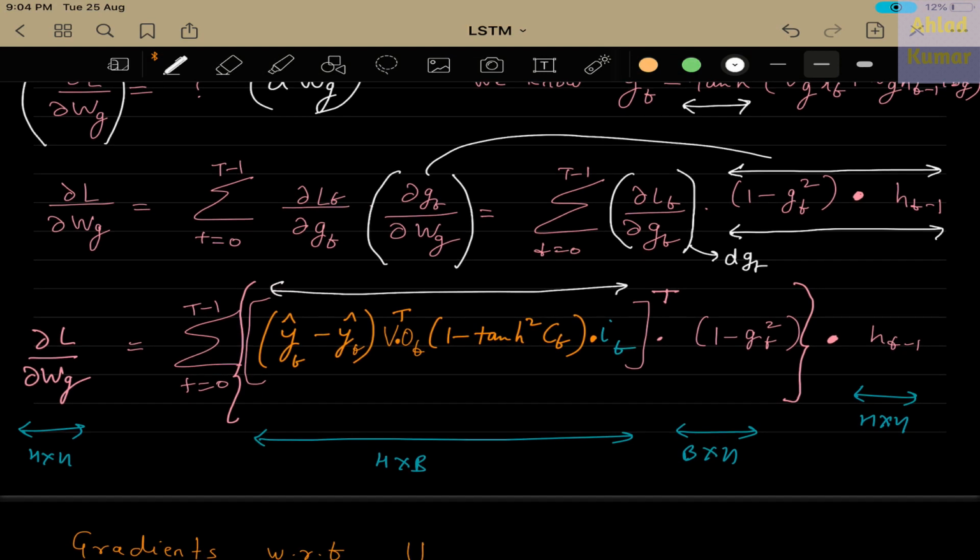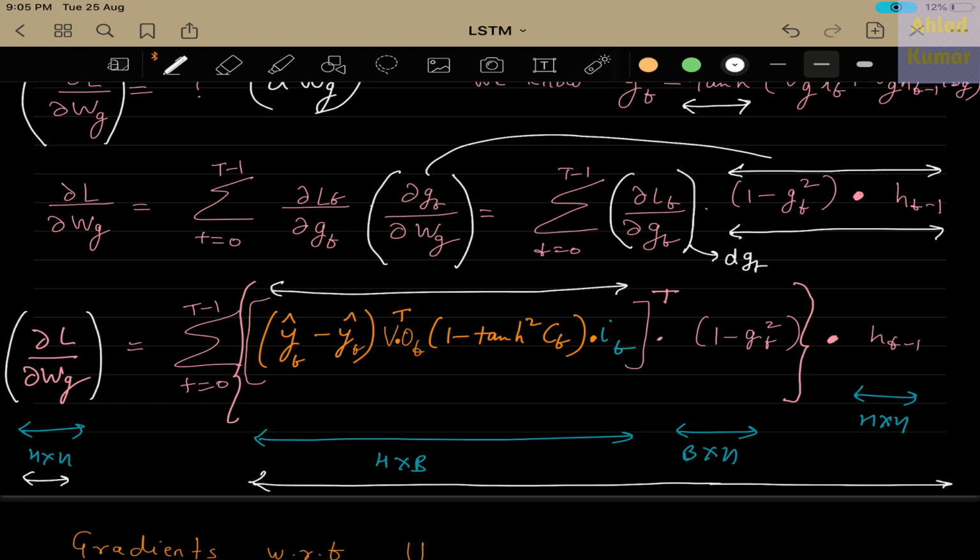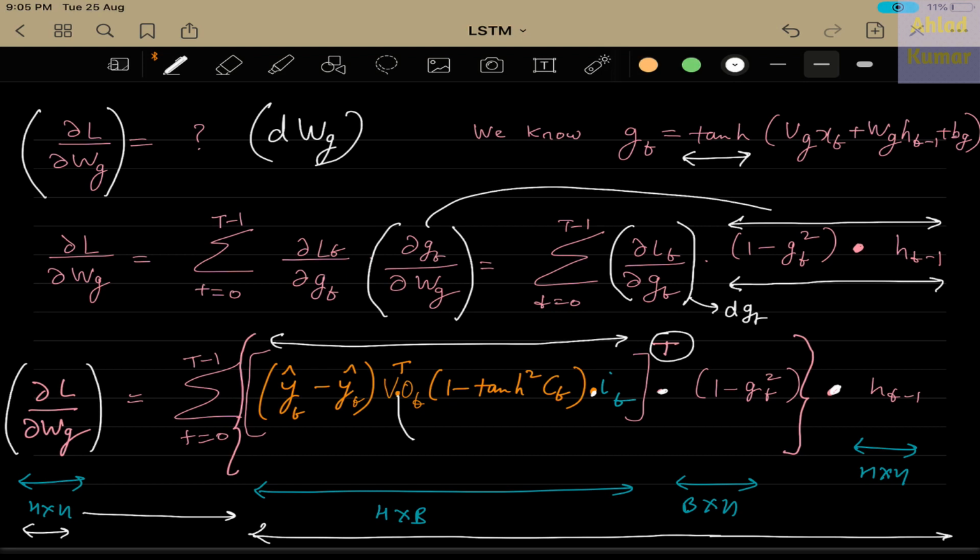You can copy it from the earlier expressions, and now this is the complete expression for the calculation of the loss with respect to dwg, and its dimension is also h cross h. You can cross verify this matrix multiplication yourself, whether it comes out to be h cross h or not. All these dots which I am writing over here are Hadamard multiplications, and this is the transpose. Now this finishes off the derivation of all the derivatives of the loss with respect to w's. Now we will calculate the expressions for the loss with respect to all u's in our next slide.